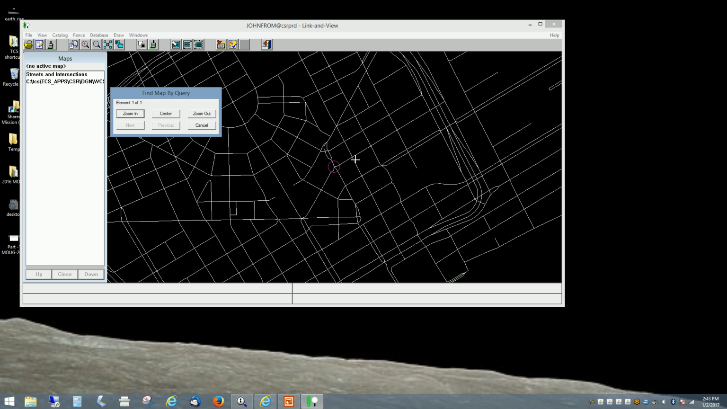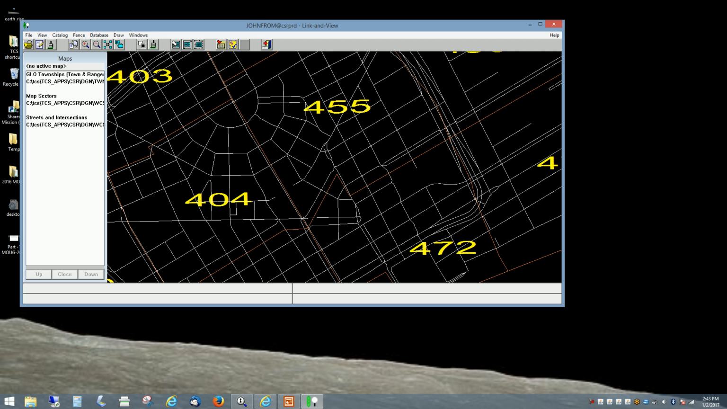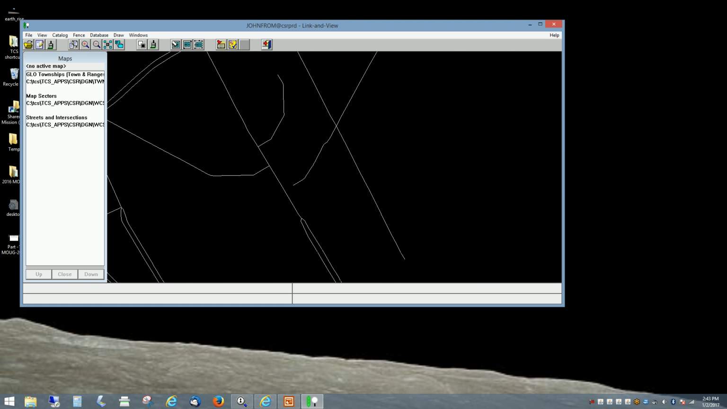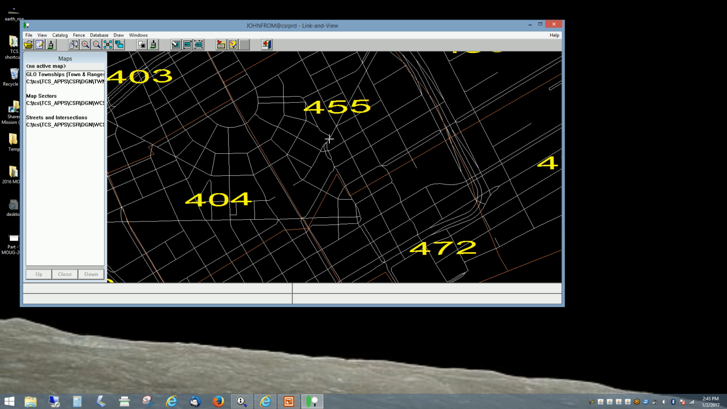Now Lincoln View has a feature, it'll remember the maps that I had open last if I tell it to. So that's handy if I do repetitive work. I don't have to go open up the maps every time. So I'm just going to say, yeah, remember, open up the maps I had open last, because I was working the map sectors, and I can see that this intersection here just south of this little loop is contained in map sector 455. So if I click on map sector 455, I can now use the map to go back